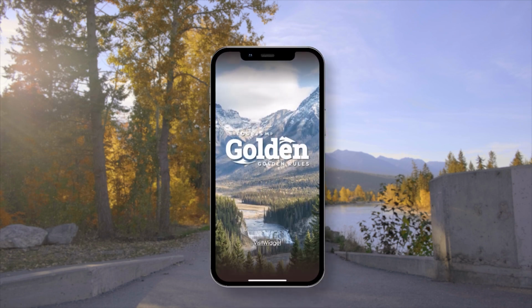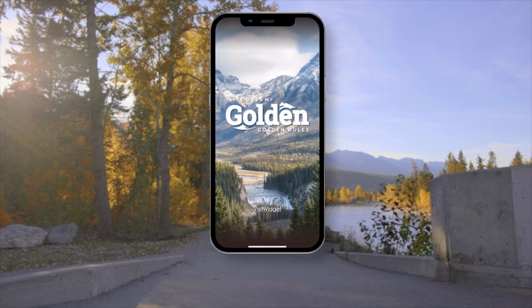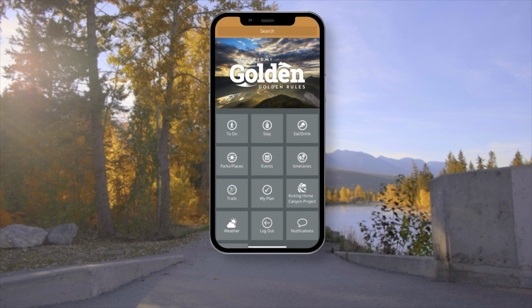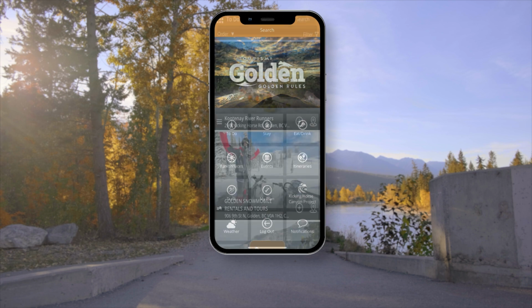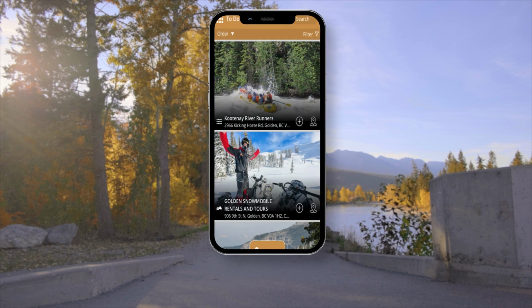Now that you're familiar with the app, we're going to look at filter and search customizations. You can use the filter to narrow down your search. Go into one of the main tabs to begin and tap on the filter icon on the top right corner